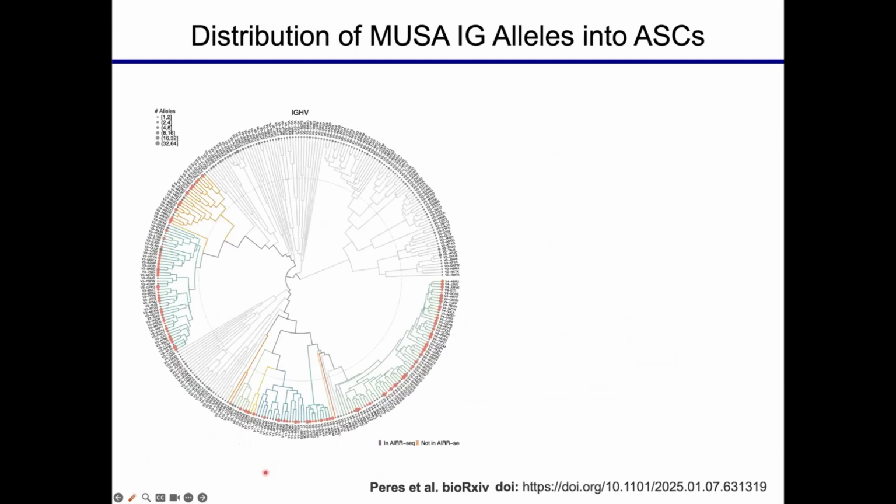When we looked at the structure of our data with this, we had, I'm going to get the number wrong, I think it was approximately 68 families for the heavy chain genes. Each one of these nodes here is an ASC, or an allele sequence cluster. The ones that are colored means that we saw them in our cohort with both DNA and RNA. The ones that are shown in gray here, we didn't have both DNA and RNA evidence for. And so, as we were seeing, there's a large family of what we call silent alleles that we're seeing in the DNA but not in the RNA yet.